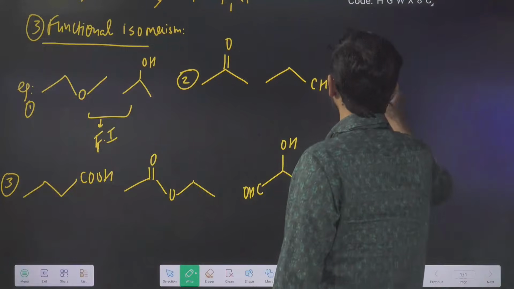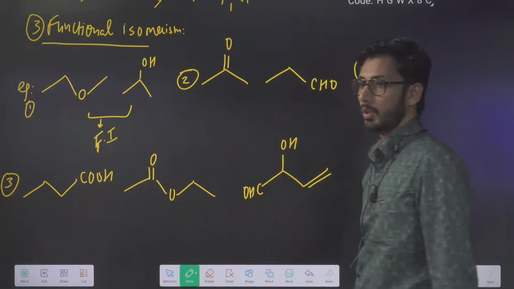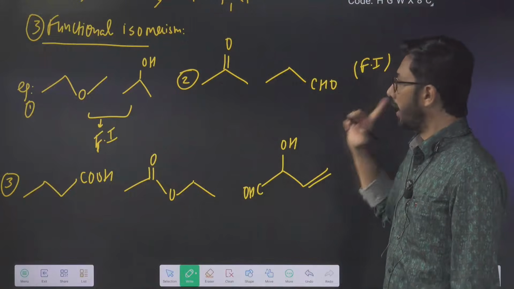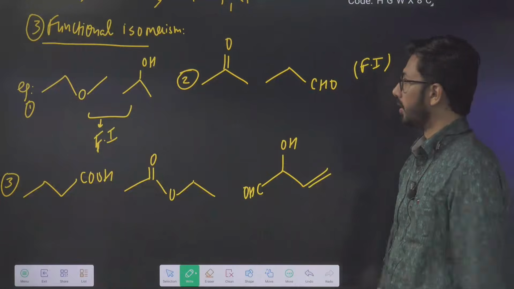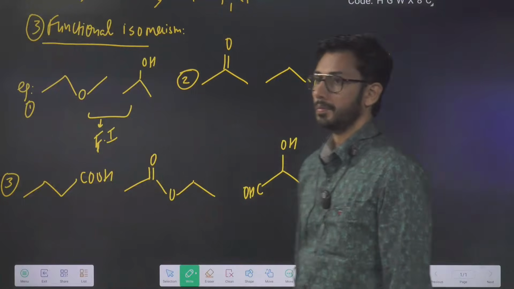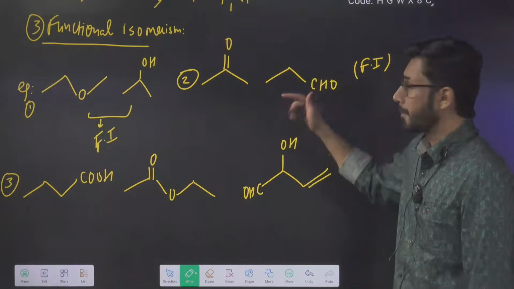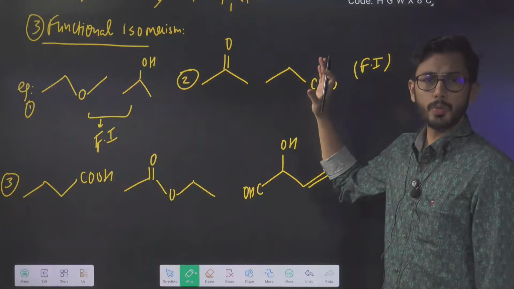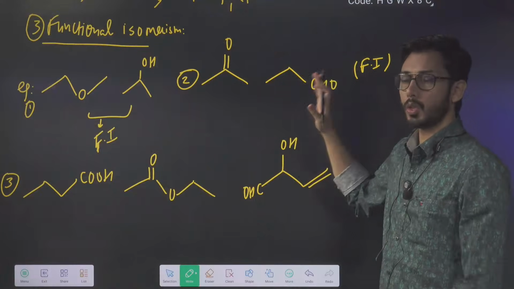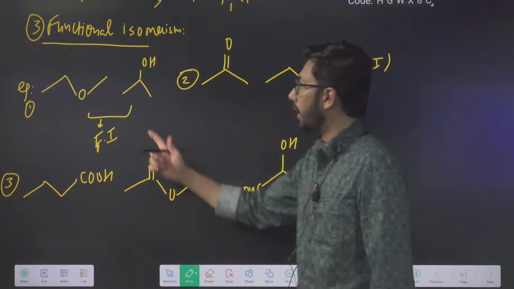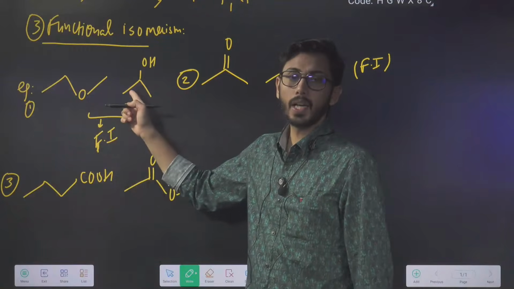In the second one, again, which isomers are they? Functional isomers: ketone, acetone, and aldehyde. Clear? Okay. The point is the formula should be the same. The formula is the same, with different functional groups. The answer is functional isomer. In the first case, we cannot take aldehyde because if you take aldehyde, it will be having